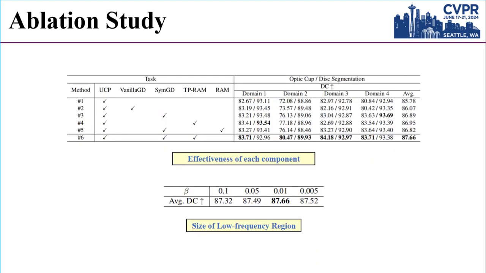We conduct a series of ablation experiments on the fundus dataset to validate the effectiveness of each component. We also explore the relationship between the selection of low-frequency region size and model performance on the fundus dataset. Overall, there is a slight trend of performance improvement followed by a decline, with the best performance achieved when beta